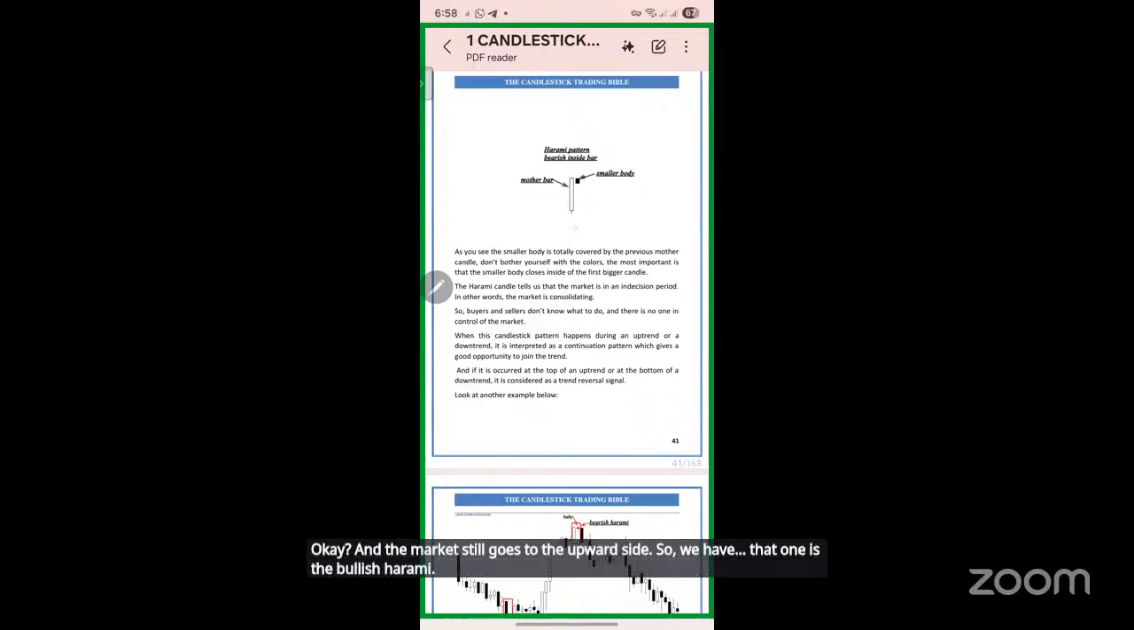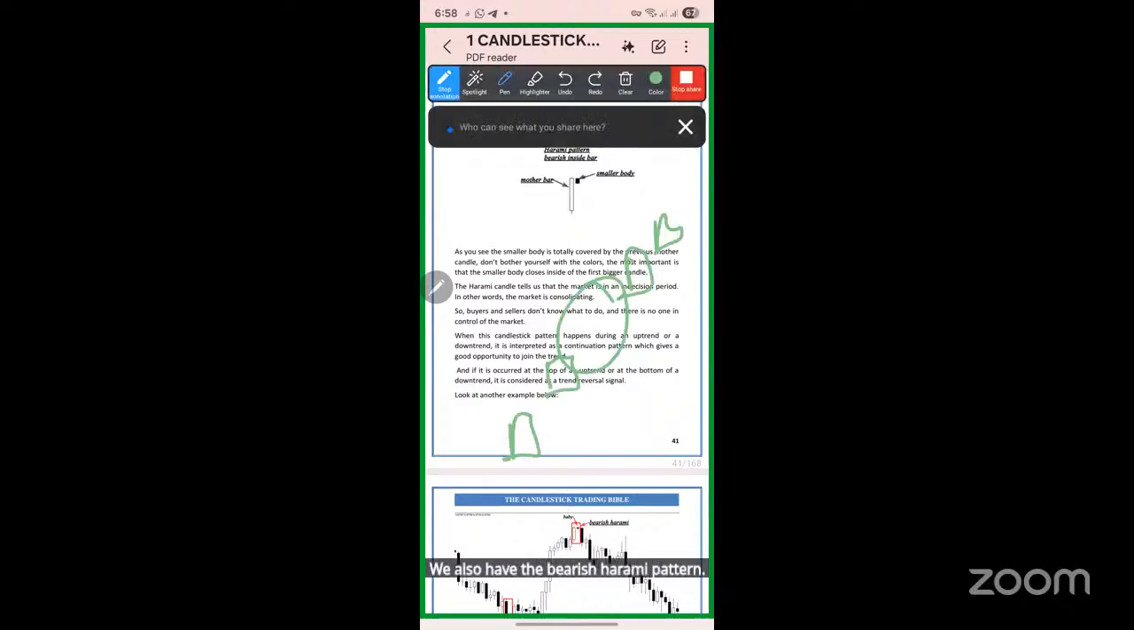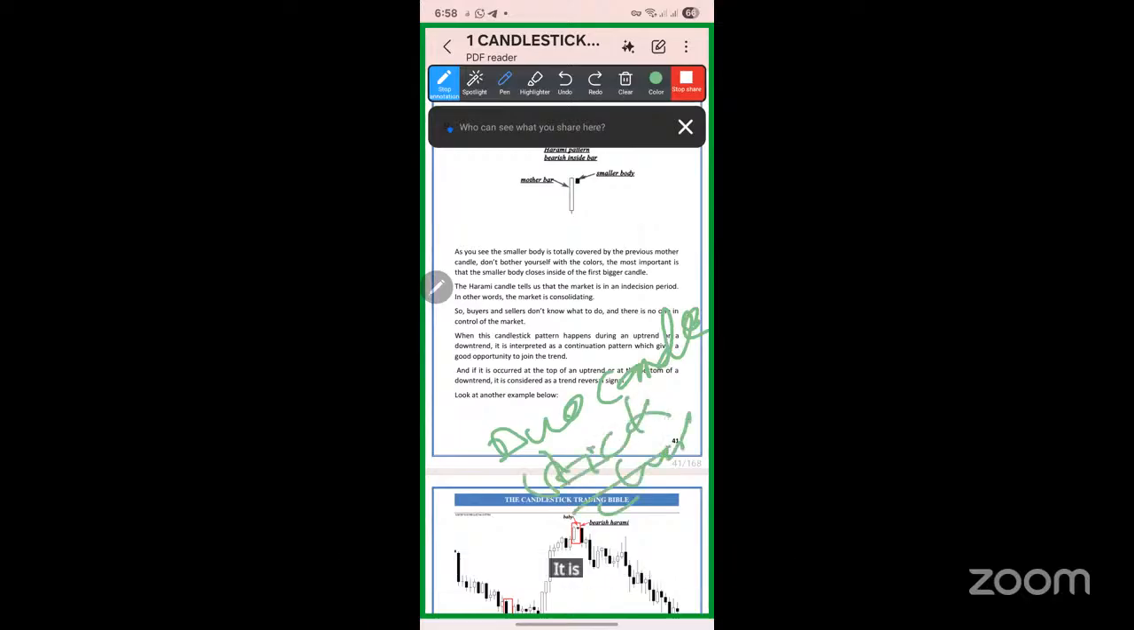We also have the bearish harami pattern. It is also a dual candlestick chart pattern. Why is it dual? It is made up of two candles. But this time around,